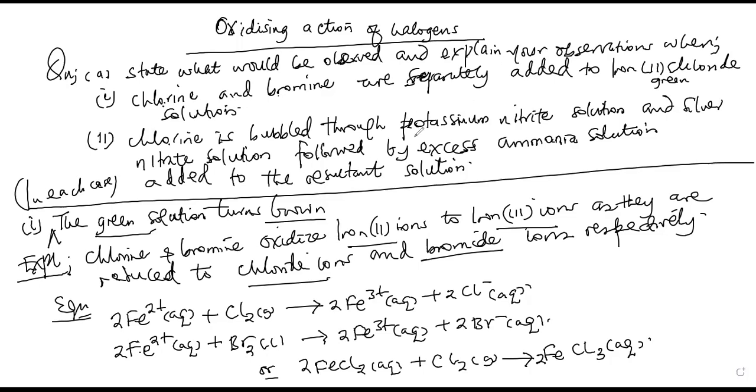Rather, the colorless solution will form a precipitate, which is silver chloride, because the chloride ions formed will react with silver ions from silver nitrate, forming silver chloride, which is a precipitate. But then when that silver chloride reacts with excess ammonia, we form a soluble complex of diamine silver 1